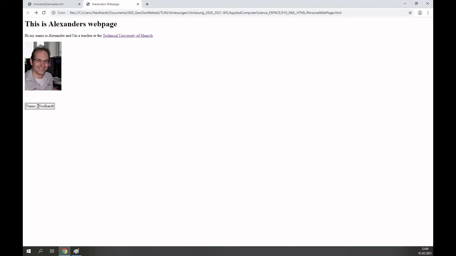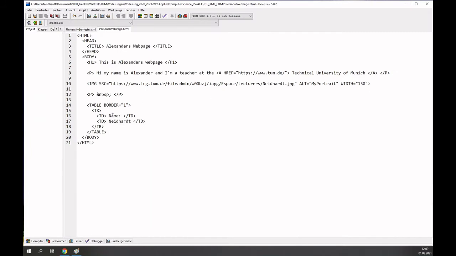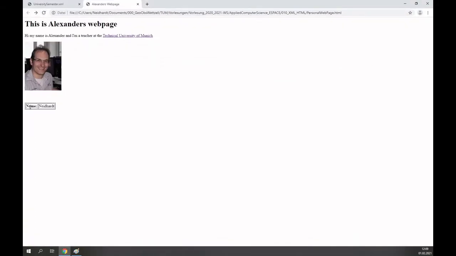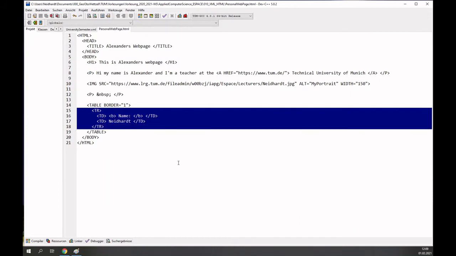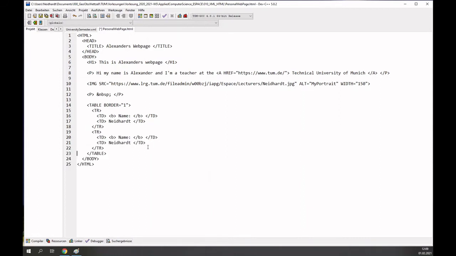So what is not so nice here is that maybe I want to have this bold style, so I can do this. You can do it with additional styles, or you just use the B tag. This B tells the browser that it is now bold, and you see it is now bold. The sizes are automatically defined, and it's oriented in this case that the longest part defines the width of the whole table. So we will see this if I use call name here, Alexander,